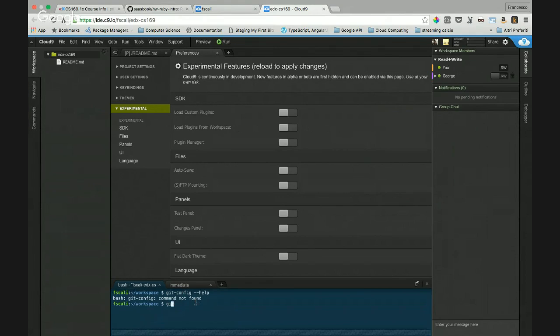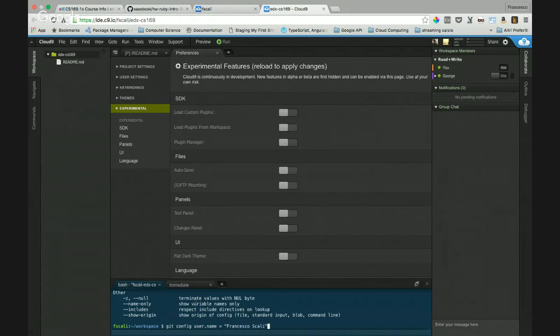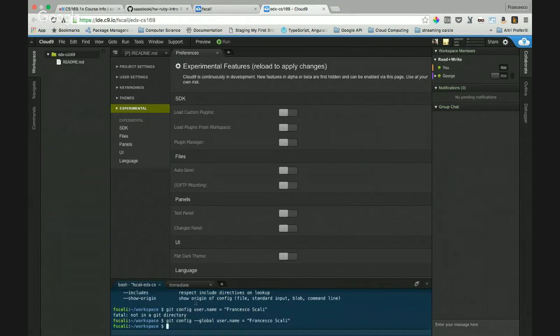Check how it was done. Config. Global. Okay, I have to set it to global.